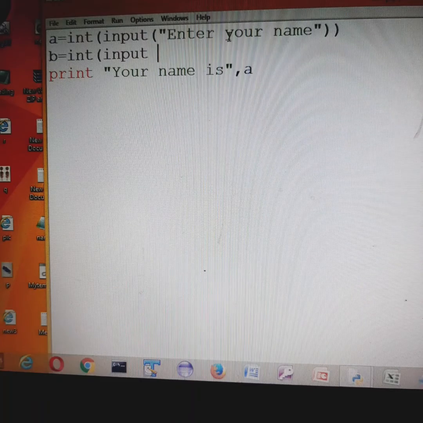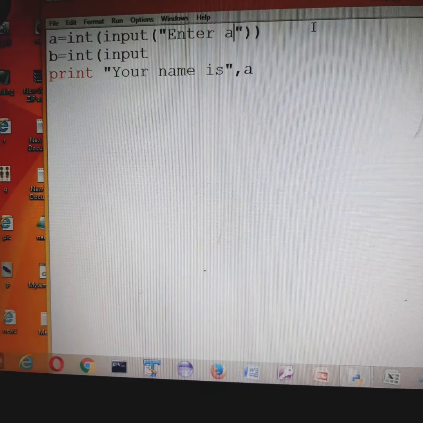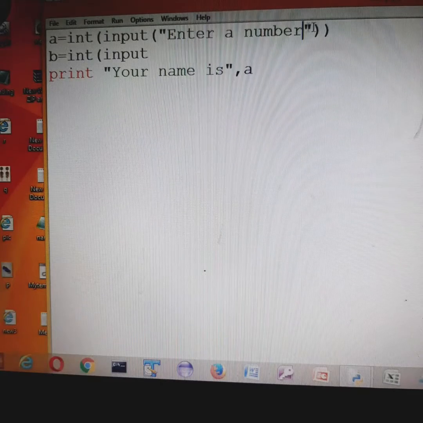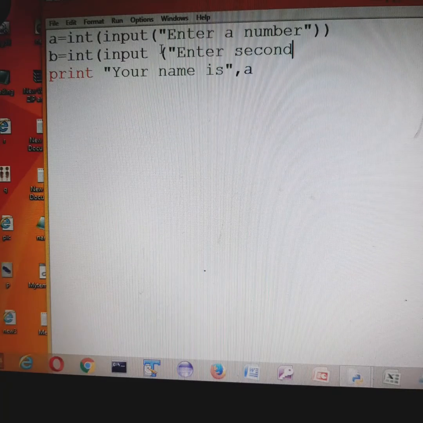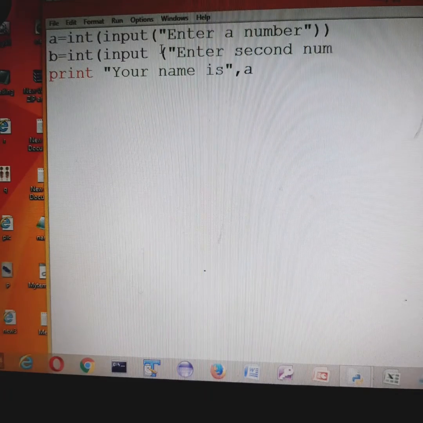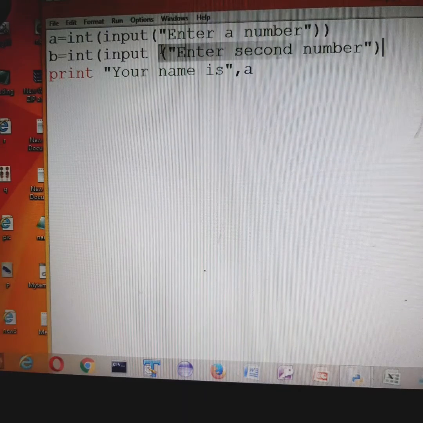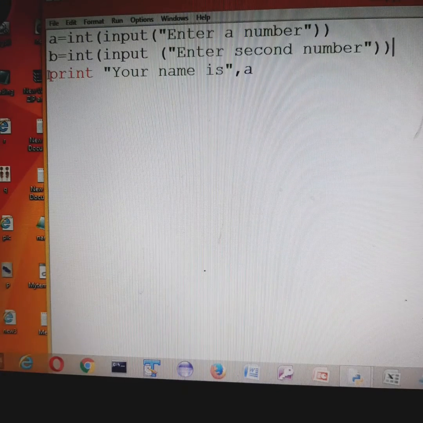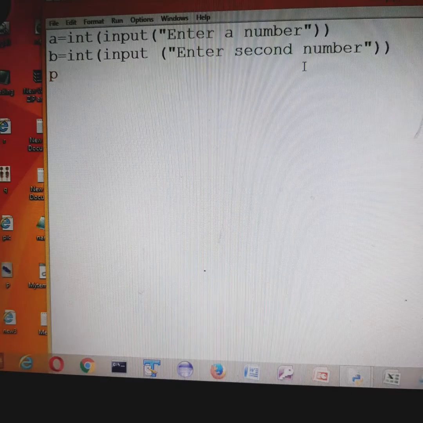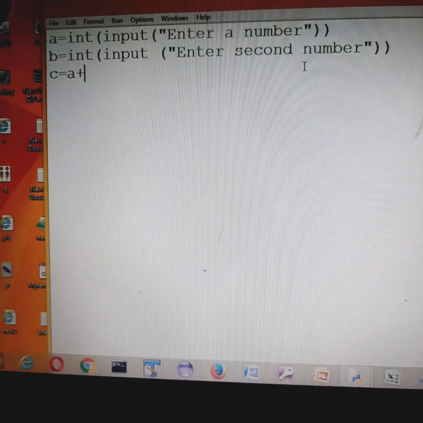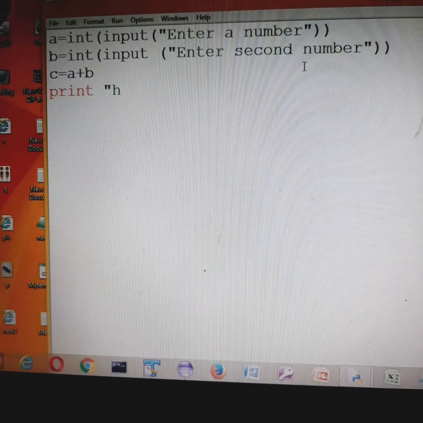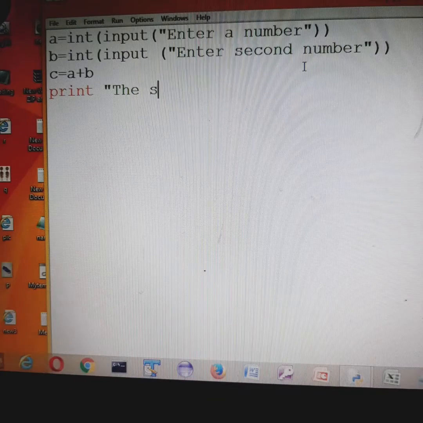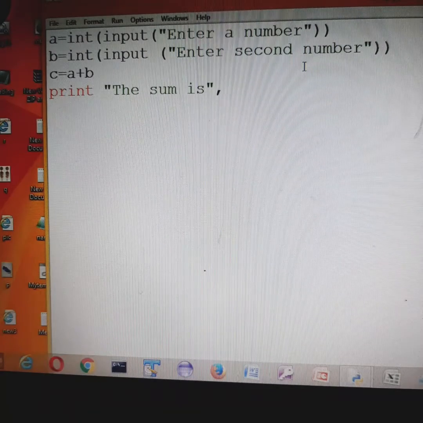And yes, the message should be changed. I want to add both of them, so c is equal to a plus b. Print the sum is c should be printed.